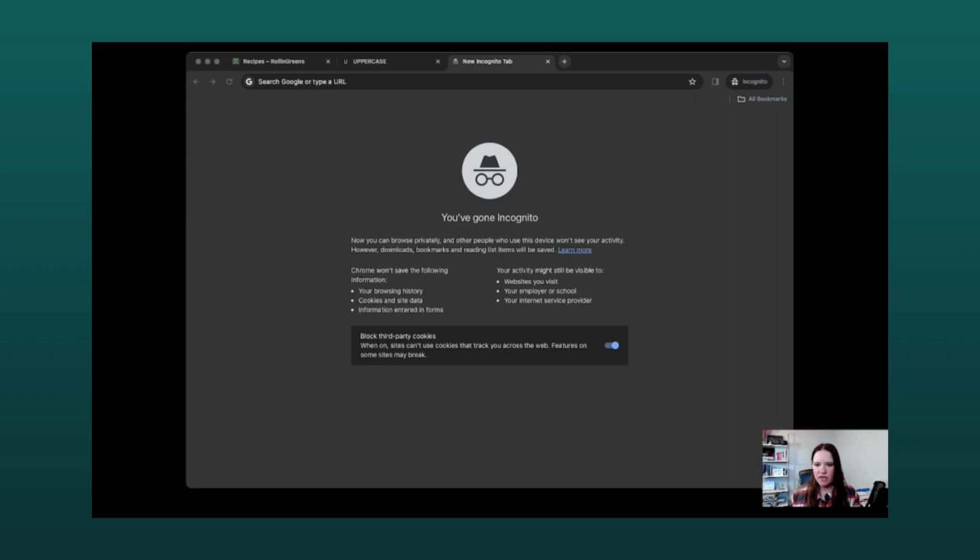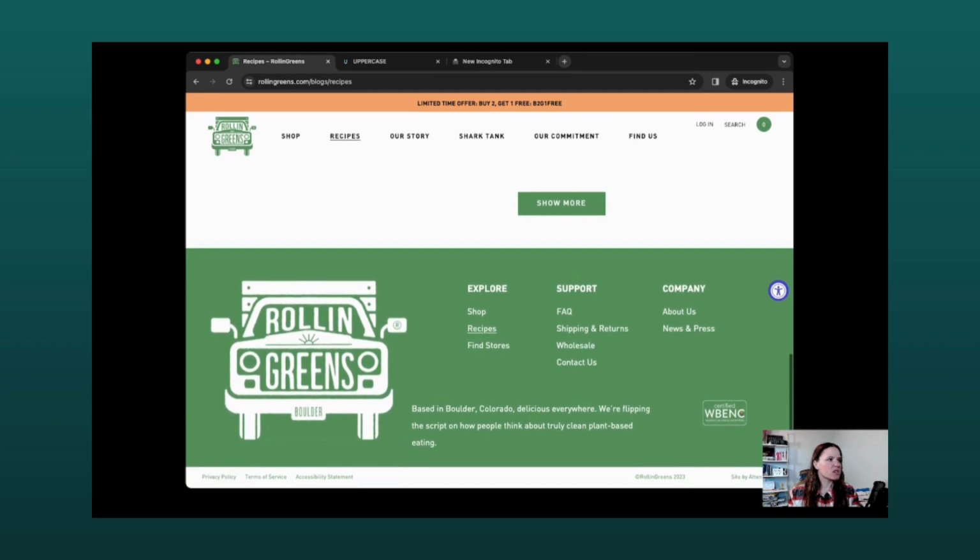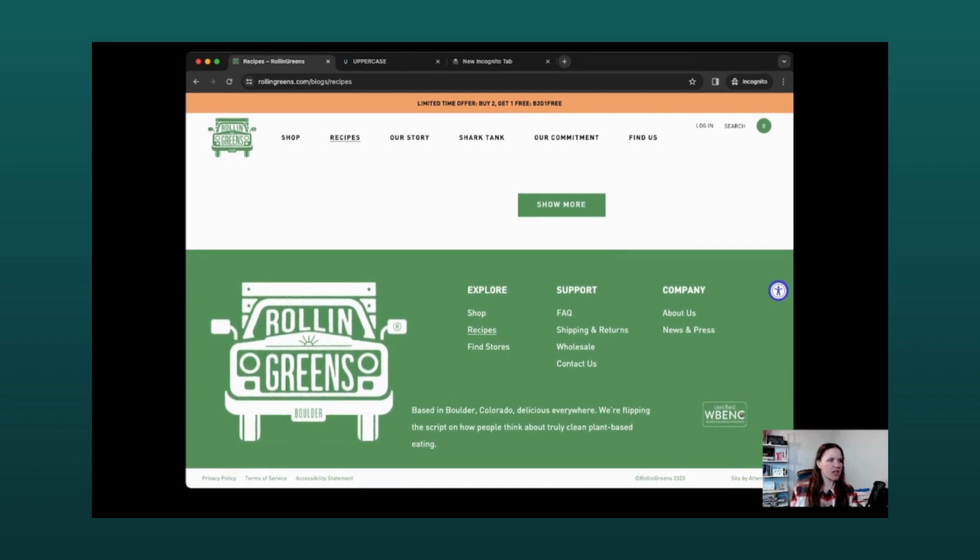So we're going to look at the footer on two different sites today, and we're just going to kind of walk through good ideas and ways to improve. So the first one that we are going to look at is a site called Rollin' Greens, and they are plant-based protein. So a couple of things about this site is they have really clean and easy to see categories